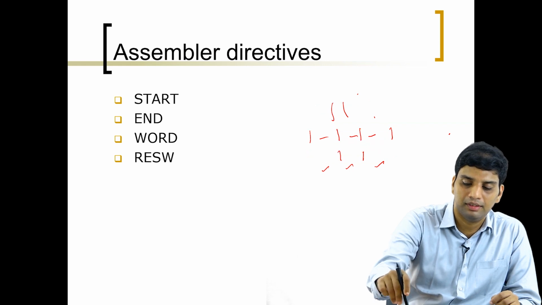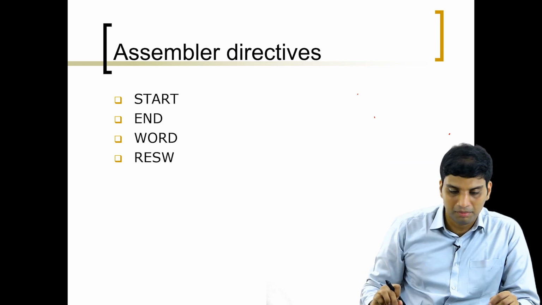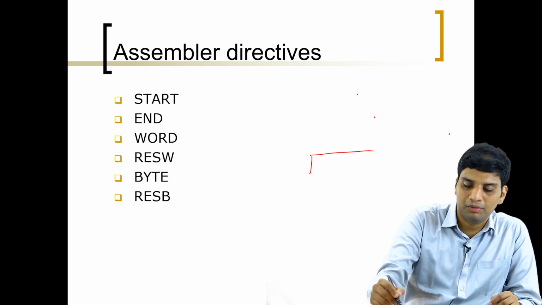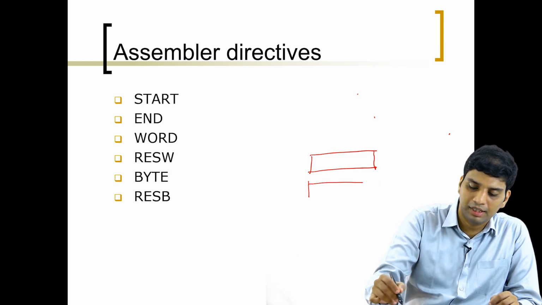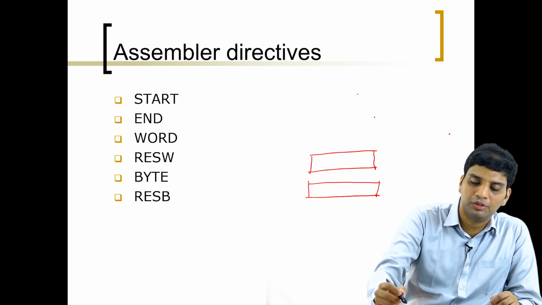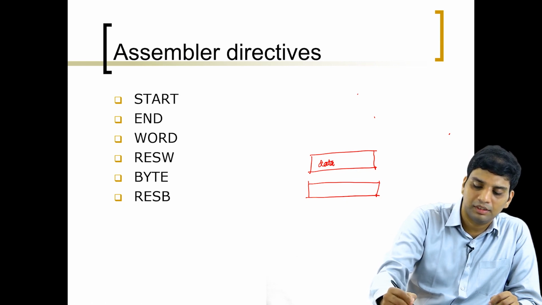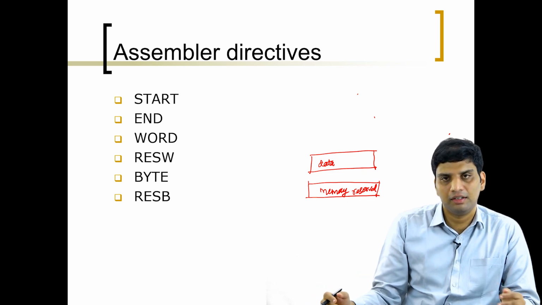So next one is byte, and you have 2 more things, byte and reserved byte. Similar to word, in byte you have only one, that is 8 bits of data stored. Reserved byte also again you have 8 bits. Similar to word, byte will have some data in it, and in reserved byte, only a byte of memory is reserved. So here, since memory is reserved, we are not going to do anything else. In future, any data can be stored.